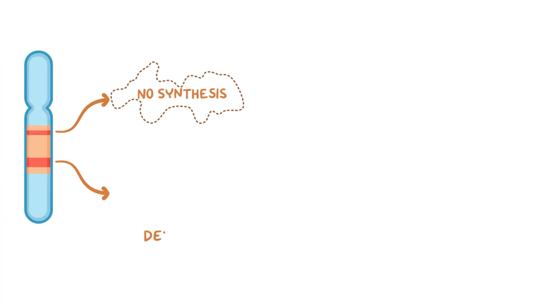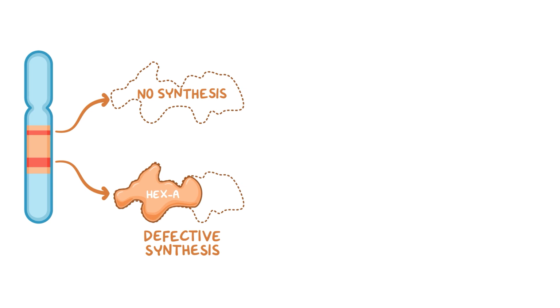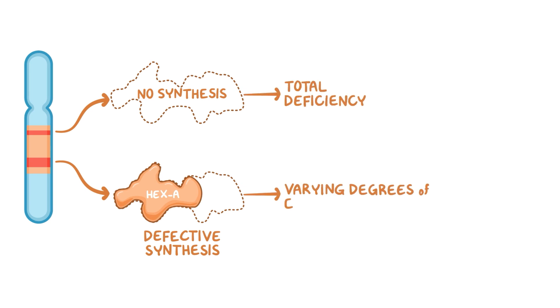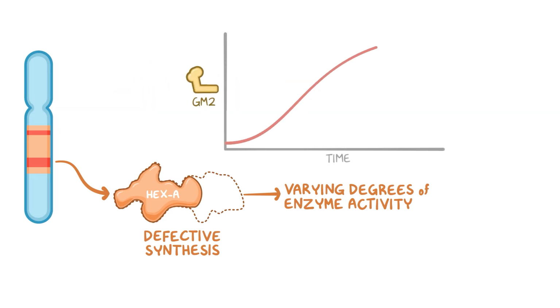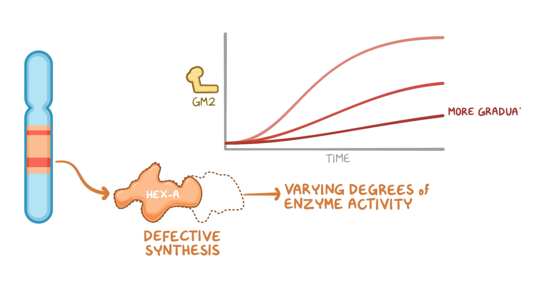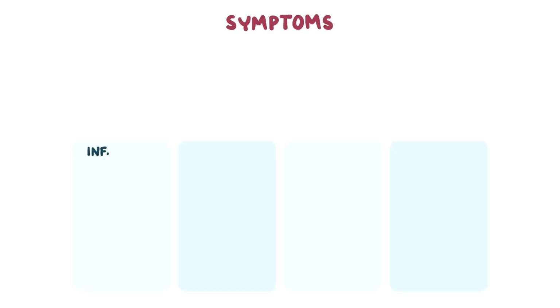These mutations can result in either no synthesis or defective synthesis of Hex-A, resulting in either a total deficiency of Hex-A or varying degrees of enzyme activity depending on the specific mutation. So, with some mutations, GM2 accumulates over a longer period of time, accounting for a more gradual onset of CNS symptoms in some people. Depending on age of onset, TSD can be infantile, with onset at 3 to 6 months,